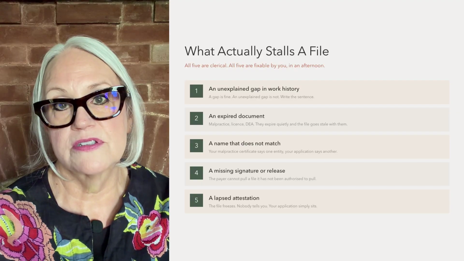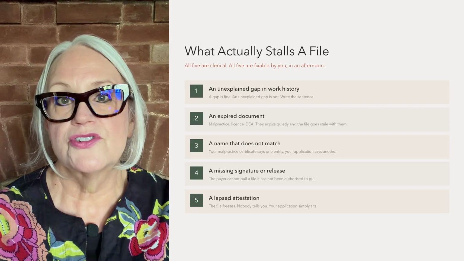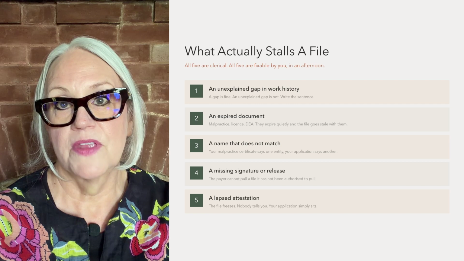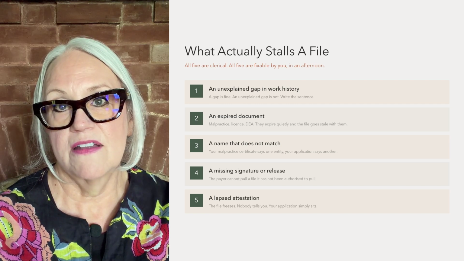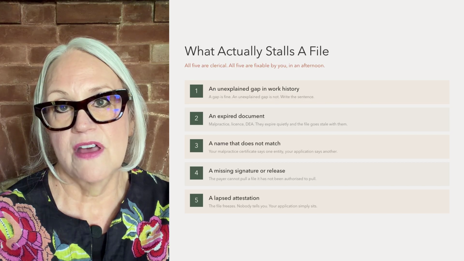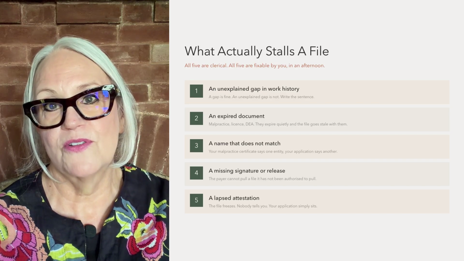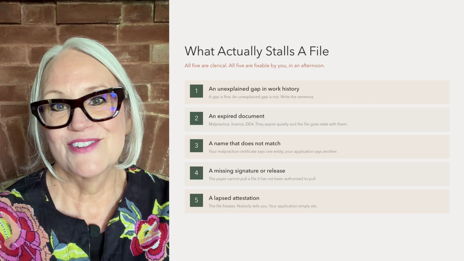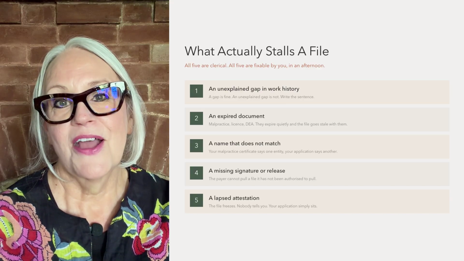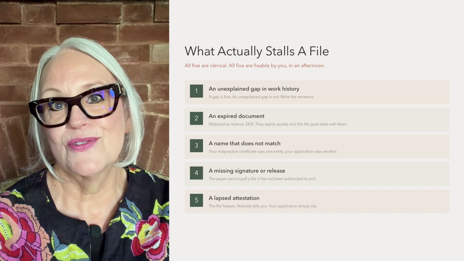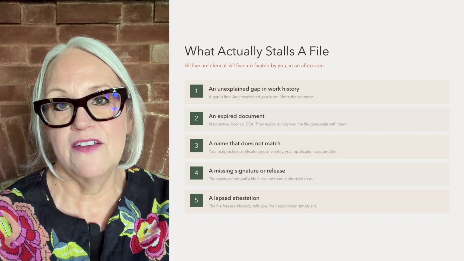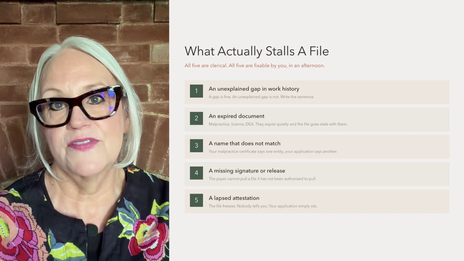If your account allows it, set the authorization to allow all participating plans so that you're not doing this one at a time. Read that list again and notice what is not on it, and none of those items has anything to do with whether you're a good clinician, which is exactly why they're so infuriating. And it's also the good news. Since every one of them is fixable